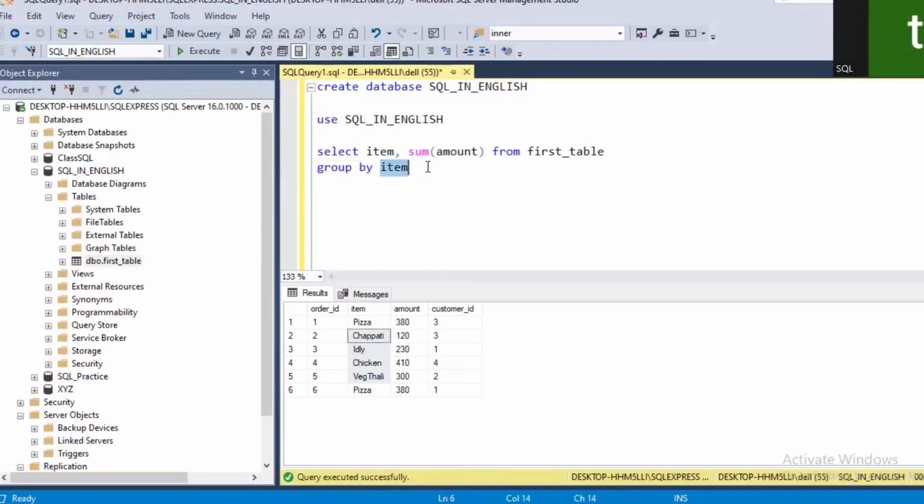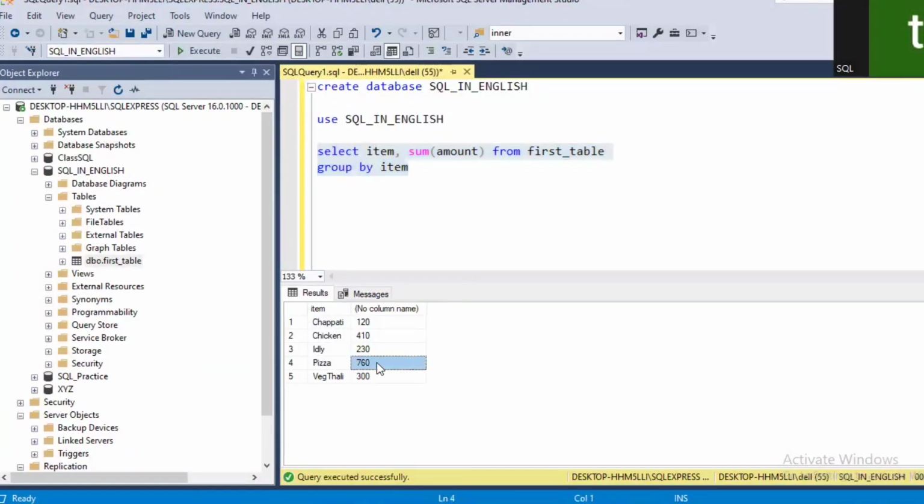That means item will be grouped and amount will be summed. So as we have only one item which is pizza, which has two lines, these will be grouped and others are unique, so it will again bring the same numbers. So the lines will be 5 and these numbers will be same, only 380 twice, which is 760, will come in our result set as a part of pizza. 760 will be for item pizza, and rest everything looks same, so 5 records. Okay, so you can utilize this table